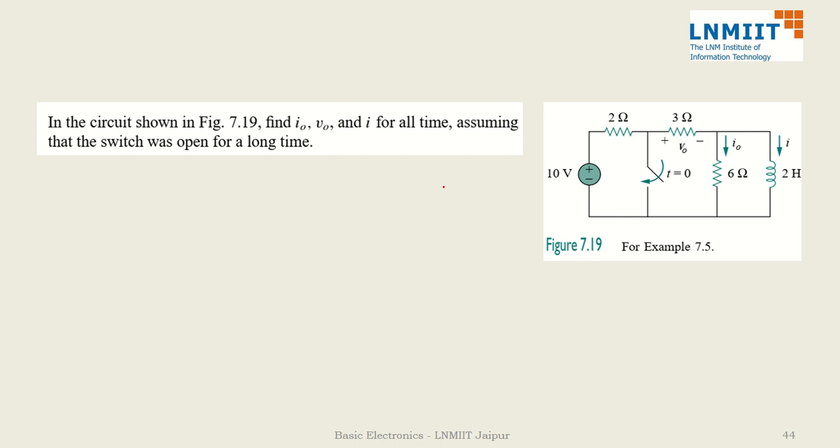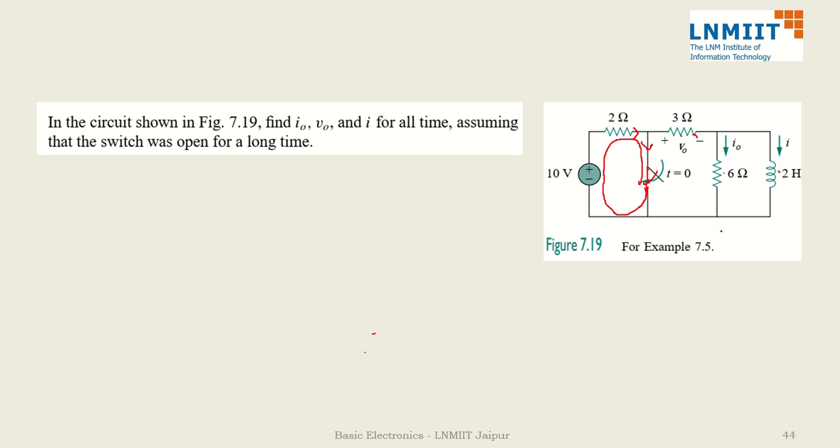Next circuit, a similar one. Look at the conditions before t equal to 0. Before t equal to 0, the 10 volt source is there. After also it is there, but we are going to open this, close this switch. So if I close this switch, that means all the current which is going from here will come here and back, because it is a short circuit parallel to some resistor or inductor. Nothing will go here. That means the remaining circuit will be a source free circuit after t equal to 0. This is how you identify source free circuits.